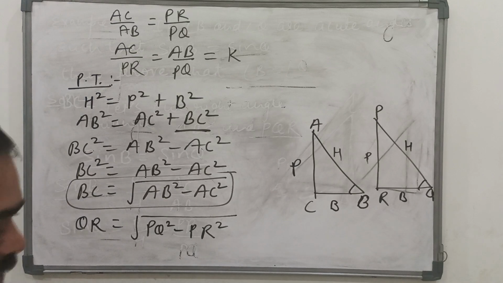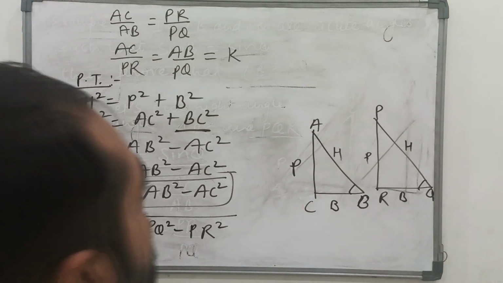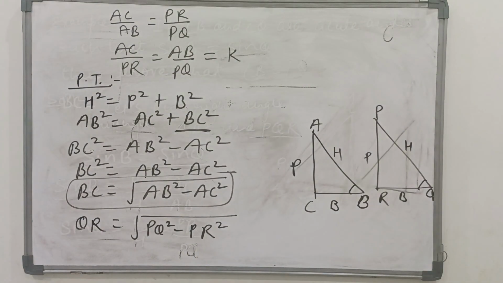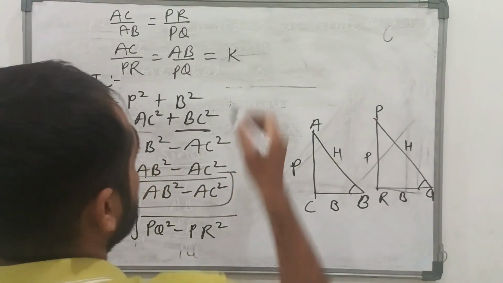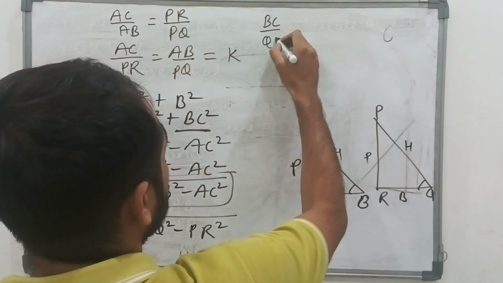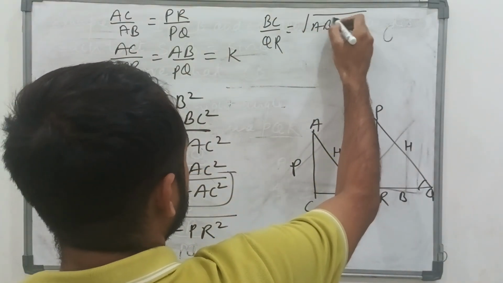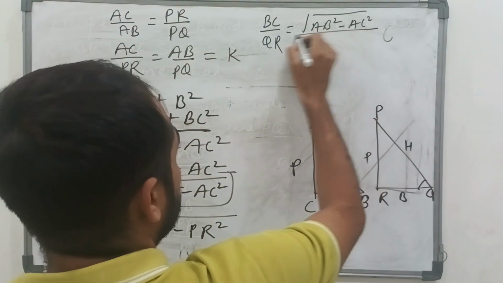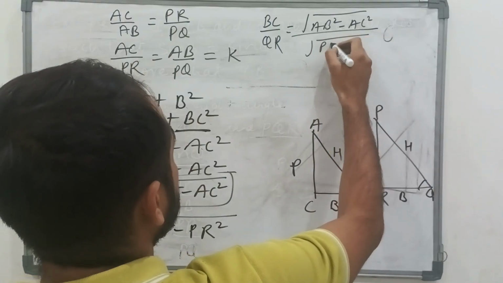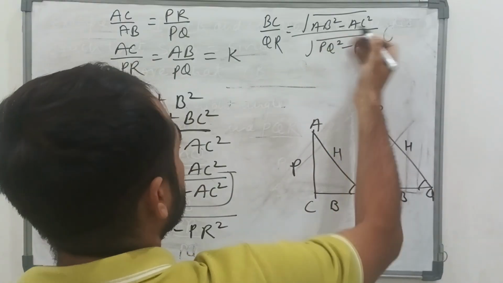अब हम क्या करेंगे, इनका रेशियो ले लेंगे। सीधी सी बात है, रेशियो ले लेंगे। रेशियो कैसे लेंगे, देखो ध्यान से। रेशियो मैंने BC बाय QR किया, तो BC कितना है, रूट AB स्क्वायर माइनस AC स्क्वायर अपॉन रूट PQ स्क्वायर माइनस PR स्क्वायर।